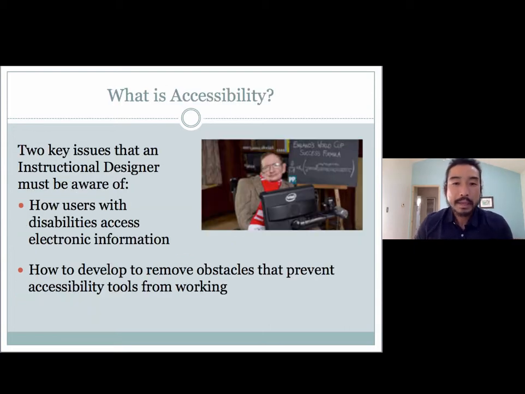All right, so I'm going to start with what is accessibility. We really need to think about accessibility in two ways. There's the user experience and the developer experience. For the users, it's how users with disabilities access electronic information. So their challenge is to identify the tools that provide the most convenient access to web-based and electronic information. For example, a blind user may be using a screen reader to navigate through the site and to read the